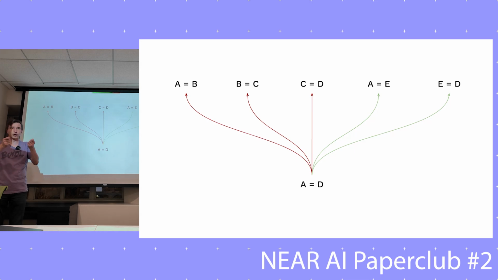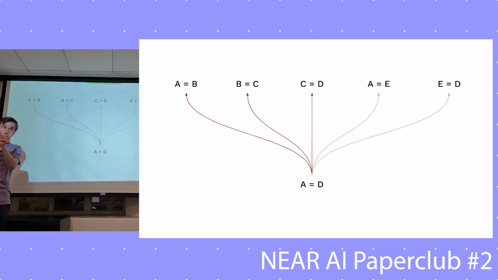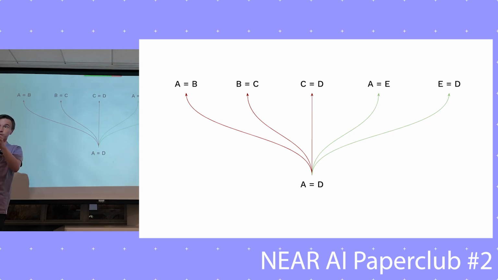And then in that graph, you can do a BFS, right? In order to prove that A is equal to D, you might not know directly that A is equal to D, but because they're in the same vertex, you know that you have a path in the graph between the vertices, where a vertex is one of the scalars, and an edge is an equality that you do have a proof for, right? And you can use BFS to find the shortest path. That's going to be your smallest set. But